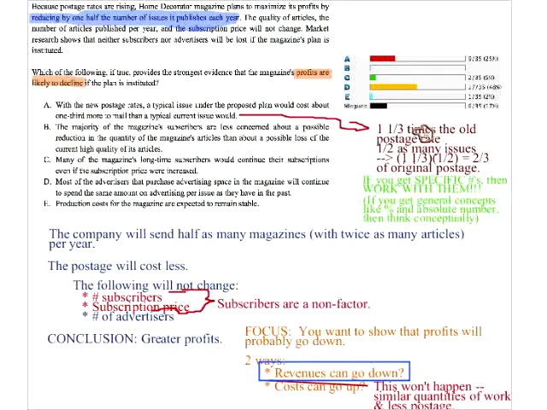The postage is 1 1/3 times what it used to be, so this means less postage. So choice A actually works in the opposite direction. Choice A helps the fact that they will make more profit, because choice A proves, mathematically speaking, that they will spend less money on postage. There were quite a few people who picked A. So if you did pick A, make sure next time if you get specific numbers, you look a little bit at the consequences of those numbers.